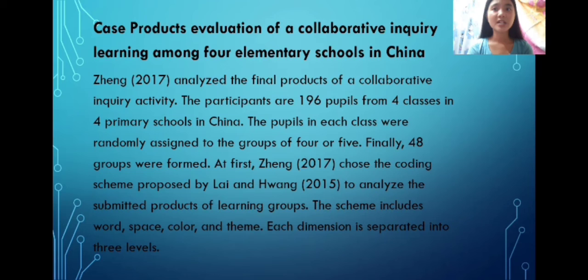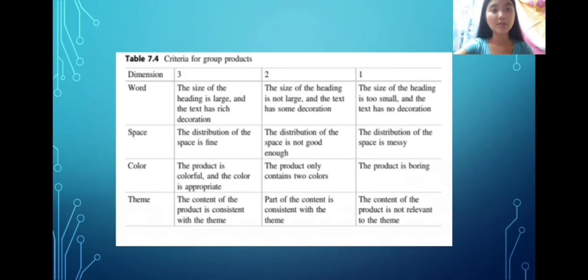At first, Zheng 2017 chose the coding scheme proposed by Lai and Wang 2015 to analyze the submitted products of learning groups. The scheme includes word, space, color, and theme. Each dimension is separated into 3 levels, shown at Table 7.4. So in Table 7.4, you will see the criteria for group products.